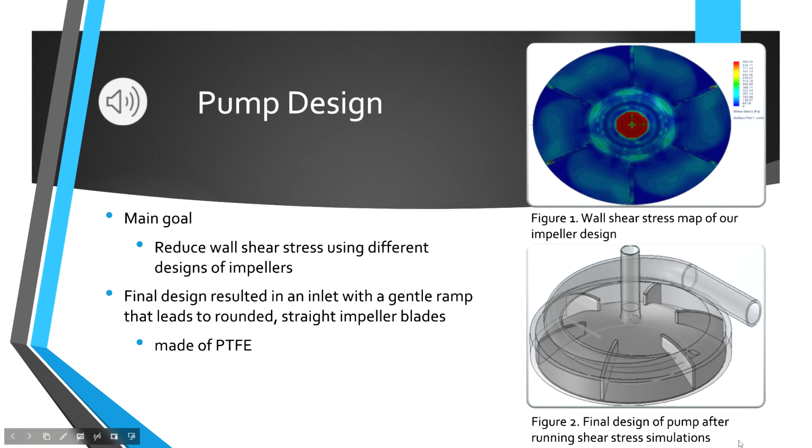By changing the design of the pump based on the shape of the impeller base and blades, as well as the size of the impeller, we were able to reach a solution that has minimal generation of shear stress. We compared the impeller blades using SolidWorks Flow that generated wall shear stress contour maps, shown in figure 1 to the right there. The beauty of these simulations that we ran is that we were able to keep simulation conditions constant to effectively compare how the impeller blades and the shape of the impeller base impacted the wall shear stress